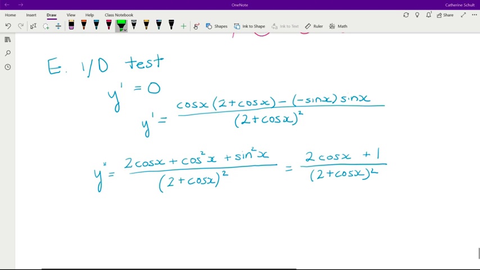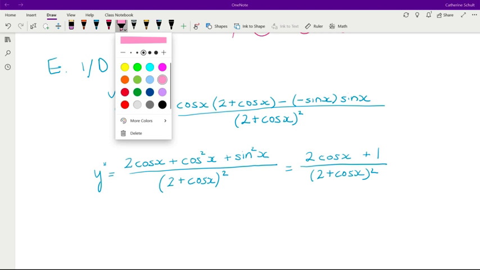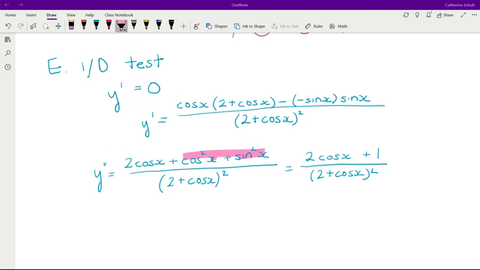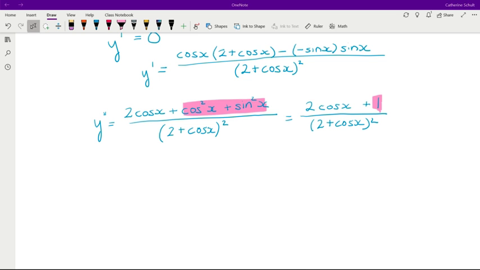All right, so again, Pythagorean: x squared plus y squared is 1, cosine squared plus sine squared is 1. All right, so that looks like a pretty simplified function. So now we can figure out the critical numbers, right? We know the bottom isn't going to be 0, so we have to figure out